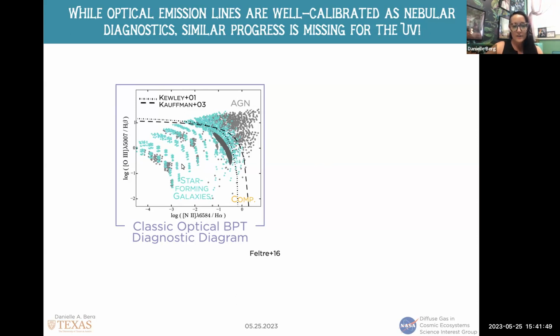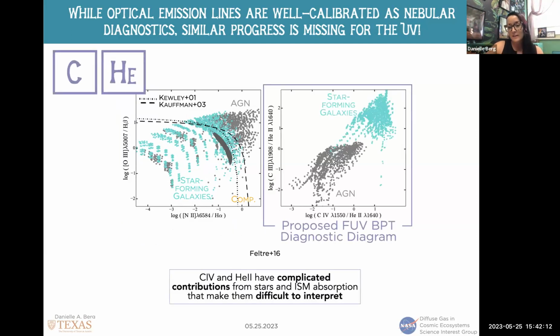Of course, we found that there are some bleedovers between these, and especially our very metal poor, extreme star-forming galaxies can start to look like some of these AGN in here. And so it can be challenging. As we go to higher redshifts, some of these diagnostics just become really difficult to use because they go out of our observed frames. So there's been a lot of interest in looking at the rest frame ultraviolet